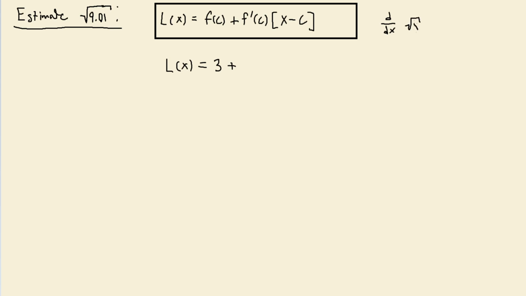The derivative of the square root of x is just equal to 1 over 2 times the square root of x. And so plugging that in, 1 over 2 times the square root of 9 is going to be 1 over 6. So we plug in 1 over 6 here. And then we're multiplying by the value that we are estimating here, which is 9.01 minus 9. And if you work this out, this is just going to be 3 plus 1/6 of 0.01. So this is going to be equal to